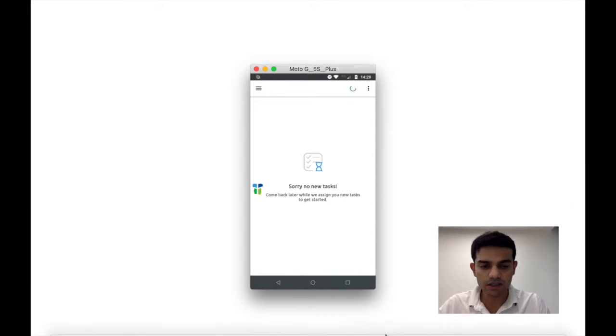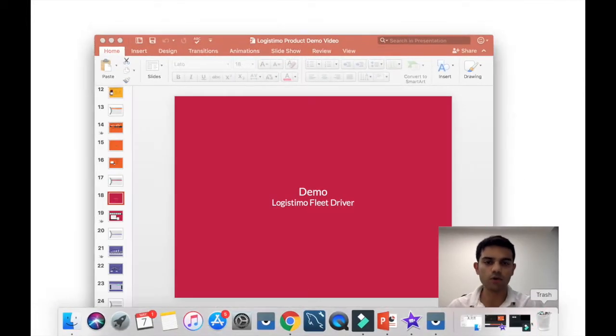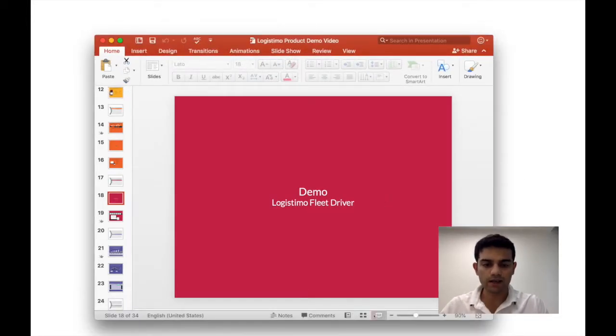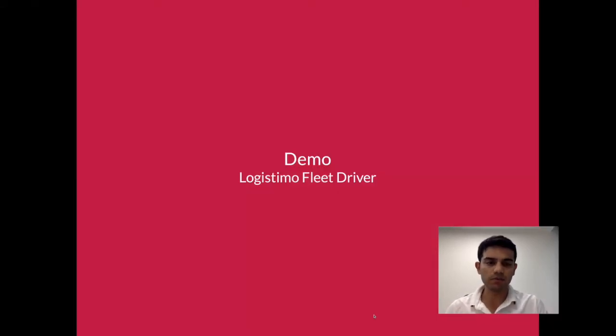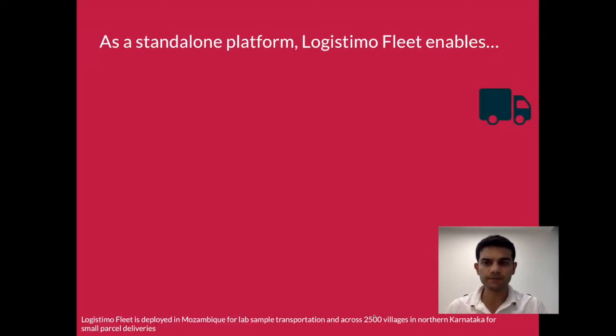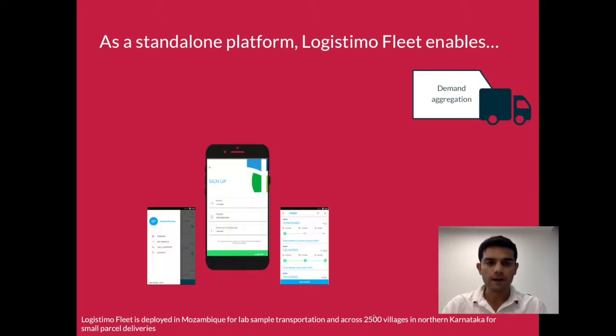So this is essentially a use case, a demo flow of how we can track the consignment as it goes from the vendor to the receiving facility. Now, Logistimo Fleet also works as a standalone platform. So it enables demand aggregation. Customers, anybody who wants to move a commodity from location A to location B, they can sign up on the Logistimo Fleet customer app,